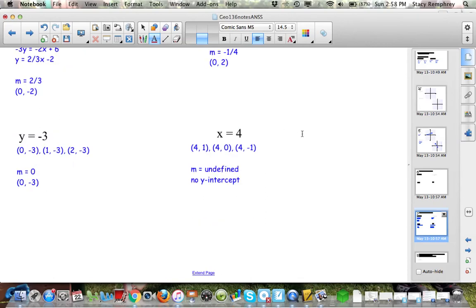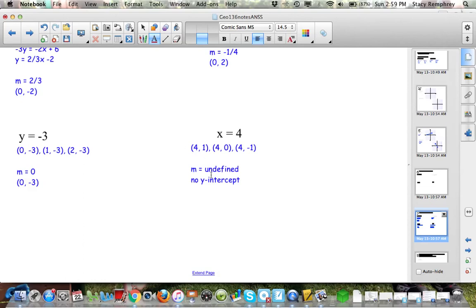The ones down here can be tricky. What this equation is saying is, I know you're looking at it and going, but it doesn't have an x. Well, what that means is x can be anything. There's no limit on x. X can be anything, but your y-coordinate must be -3. Every single time, every point on this line has a y-coordinate of -3, and x, they're not even going to mention because it could be whatever you want. So I just put some sample points down here where the y-coordinate was always -3. If you graph those, you'll see it is a horizontal line, so your slope is 0